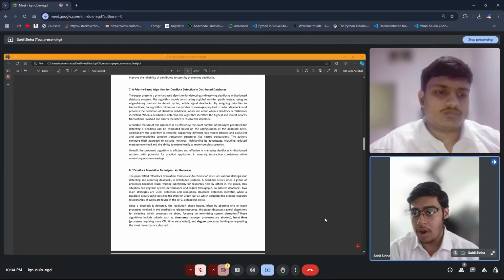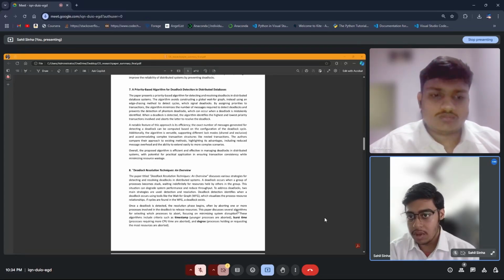After detection, deadlocks are resolved by aborting one or more processes to free up resources. The algorithms for selecting processes to be aborted use metrics such as timestamps, burst times, and degree. The combinations of criteria include efficient resolution strategies that may combine multiple criteria, for example, timestamp plus burst time, to reduce